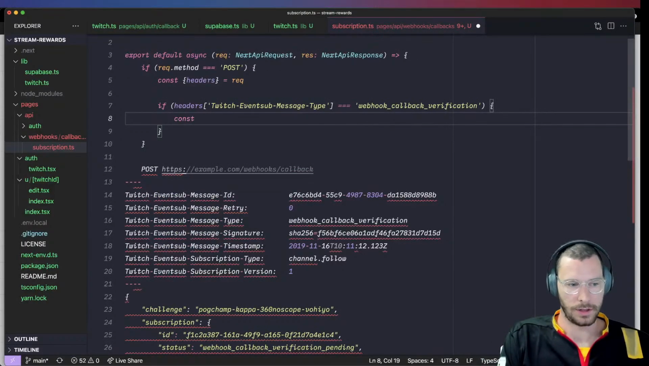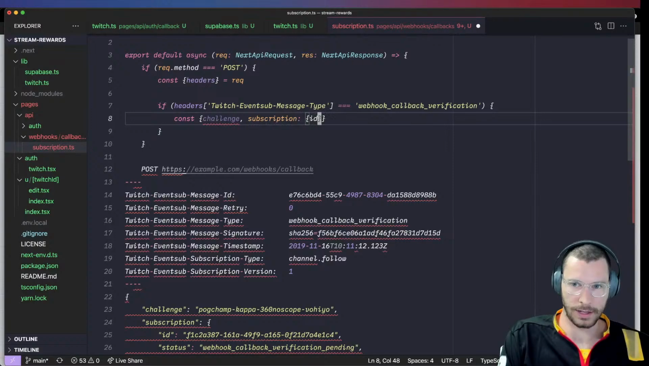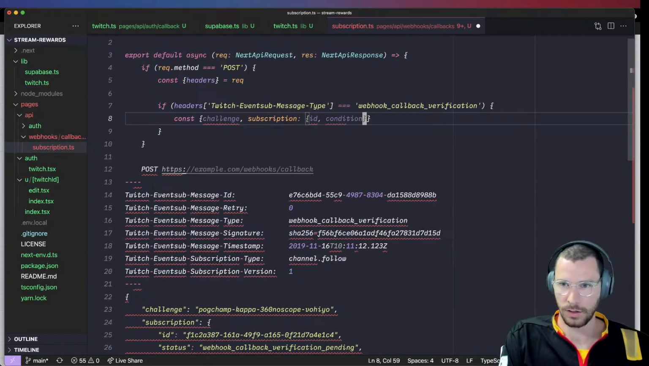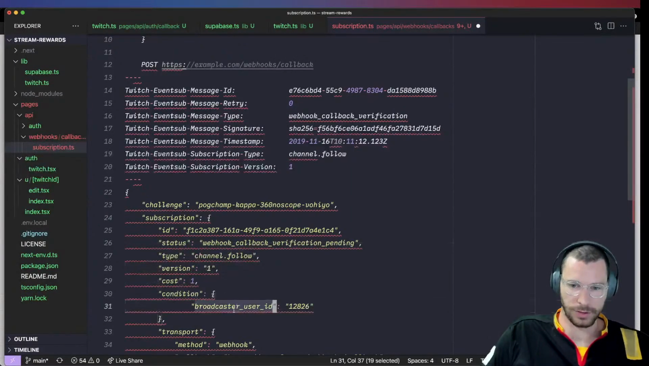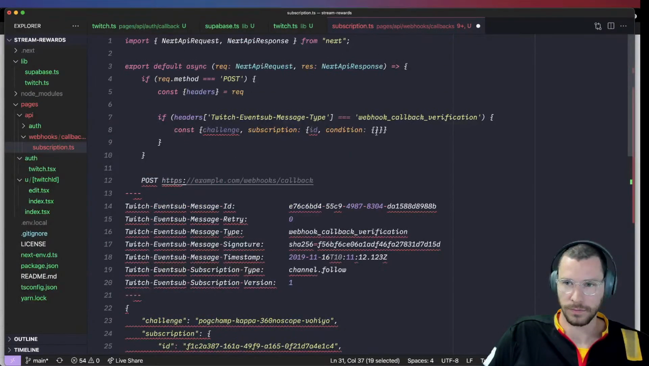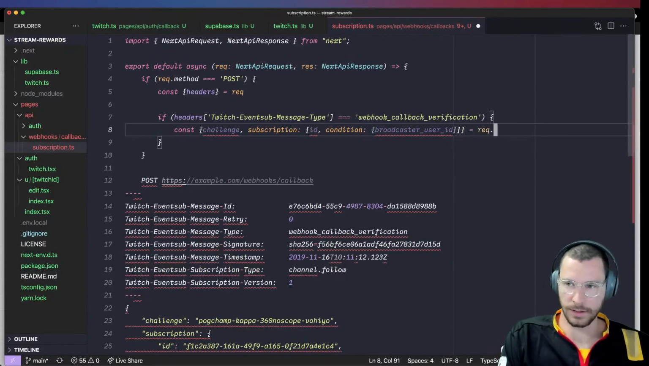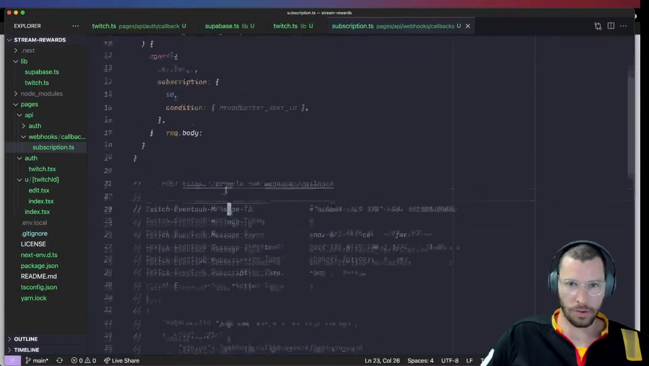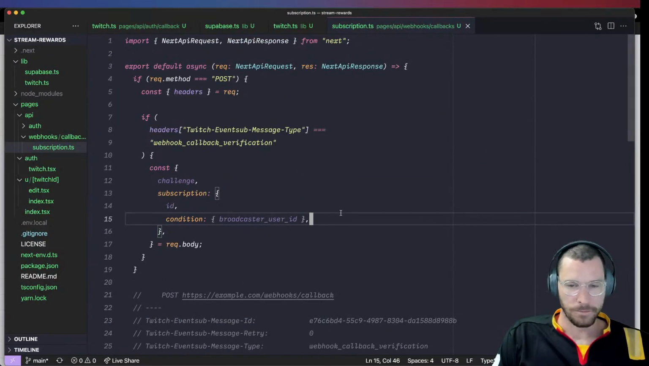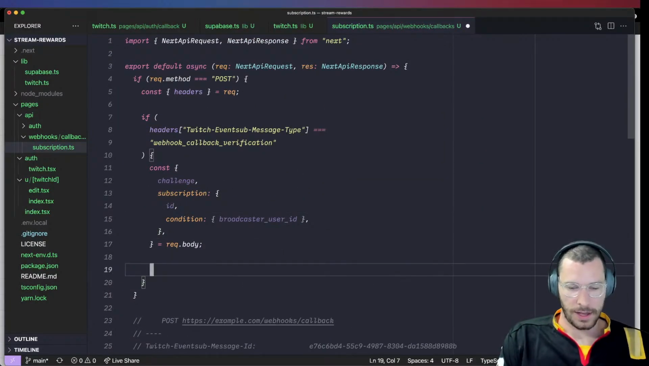So const body, we'll grab a couple things. Challenge, we'll grab subscription, which also has ID, and we need condition there, and condition, we need broadcaster user ID. Good, equals req.body. I'm just going to comment on this so we can get some formatting going, because I can't work without properly formatted code. Great, and then all we have to do is say if await